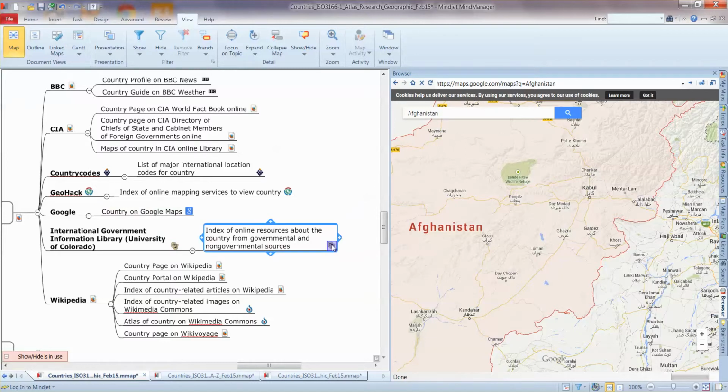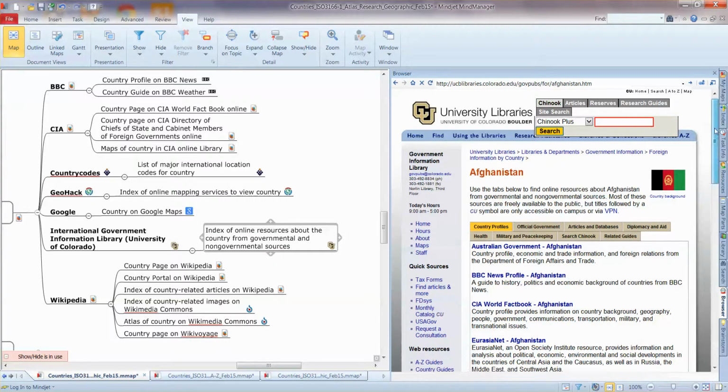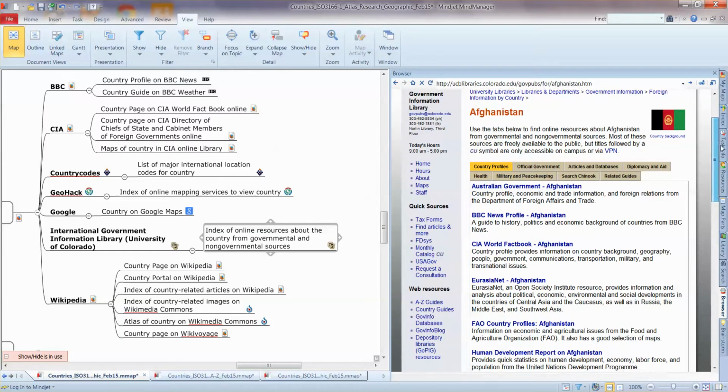Moving on, this is a really fantastic resource. This is the International Government Information Library based in the University of Colorado. Now these guys, as I have discovered, are actually funded by the United Nations, and their job is to do precisely that, a government information library, an information library about government. So they maintain a list of all these links about the country